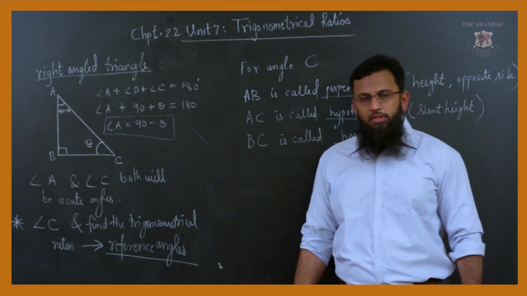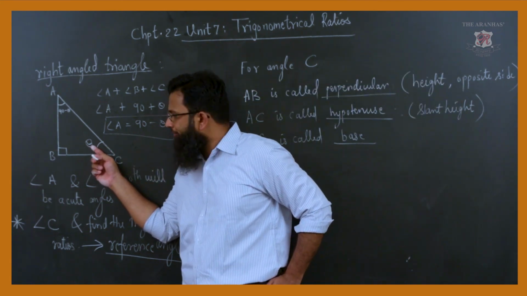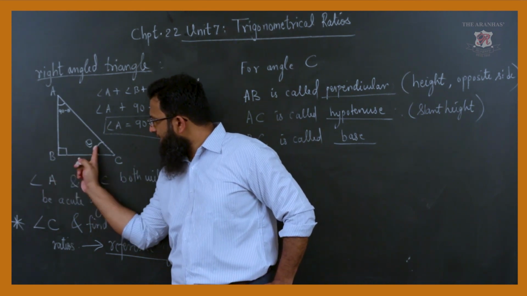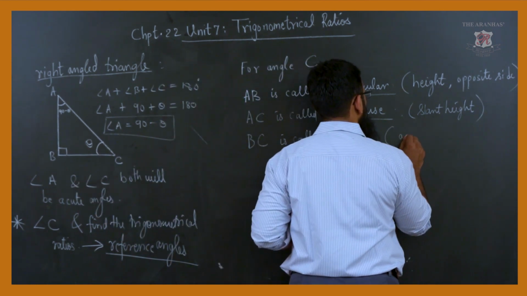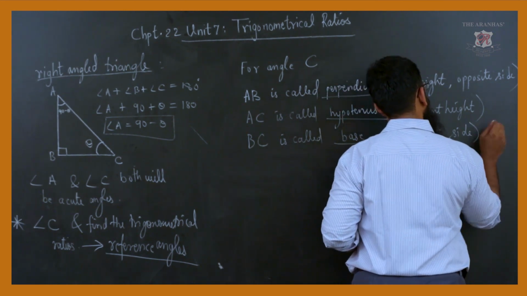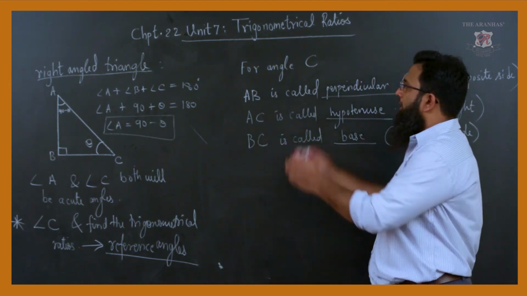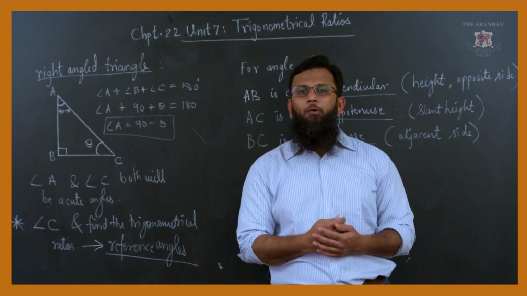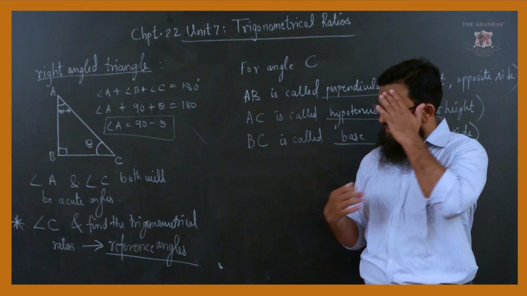One more name can be used for the base in this case. If you see, this is angle theta, this is the hypotenuse, this is the opposite side. This side BC is adjacent to this theta. That is why this base is also called the adjacent side. Once again, let us have a quick glance. This is a unit which deals with trigonometrical ratios. Trigonometry is no doubt part of geometry, very much helpful in the fields of engineering, calculus, mathematics, physics, etc.